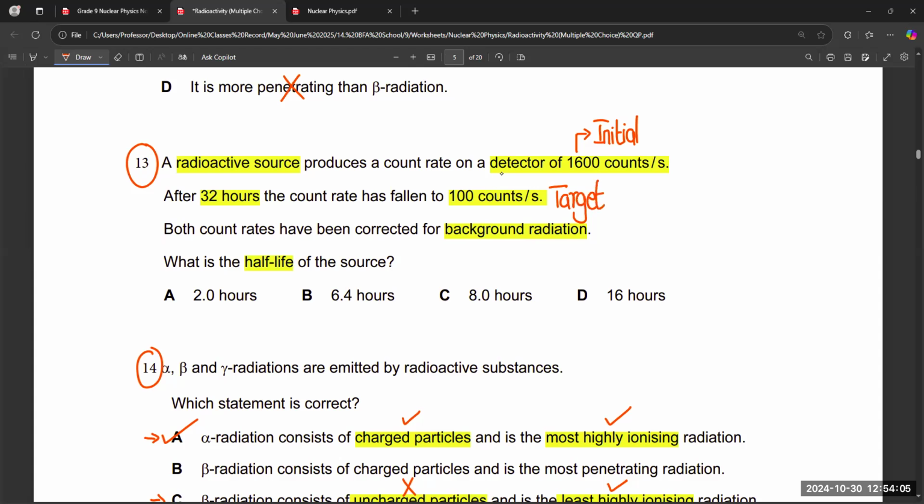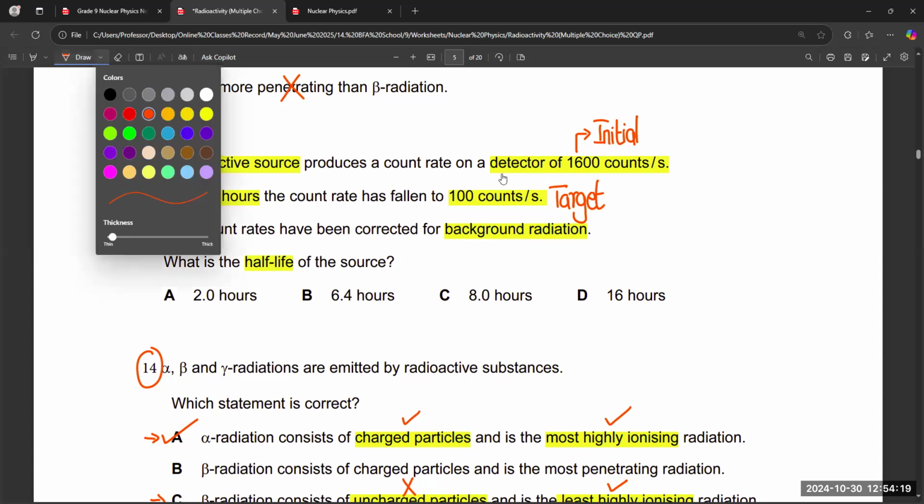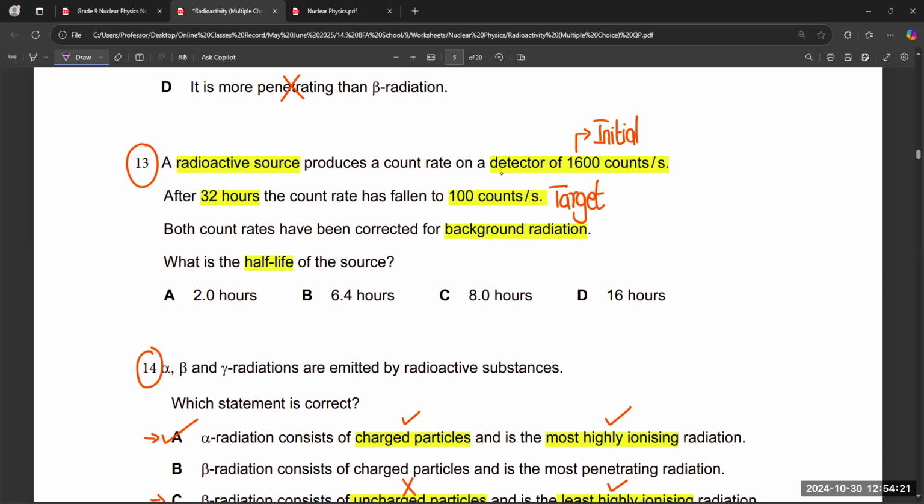Because you can see 1600 is greater than 100. So it means we have to start from 1600 and then decrease the mass again and again to reach the value 100. So let's start from 1600 and see how long it will take to reach the value 100. Okay, so starting from 1600